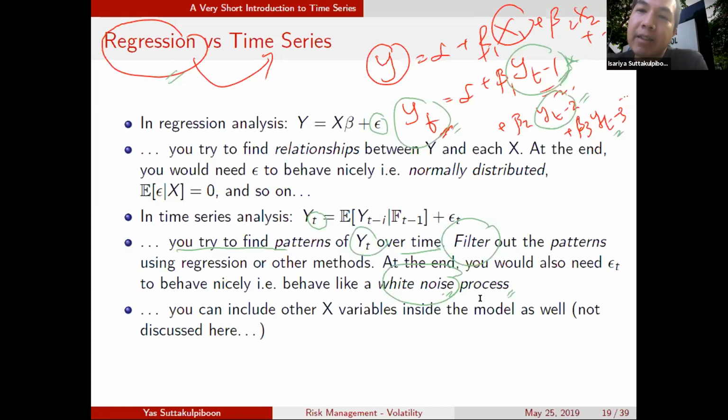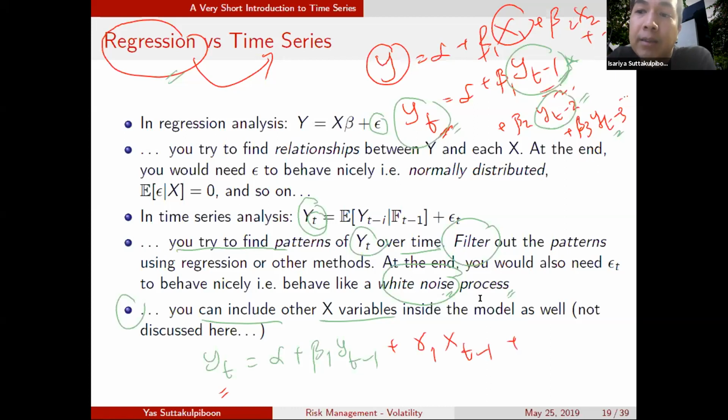So yeah, time series in a nutshell is basically you try to model variables today with the past days' stuff. You can actually include other X variables inside the model as well. So for example, you can have Y_t, stock return today, right? You can model it as alpha plus beta 1 Y_t-1, or you can also incorporate other stuff into here too, if you think it might be relevant to predicting today's stock return. For example, you can have gamma 1 X_t-1 plus gamma 2 X_t-2 also,